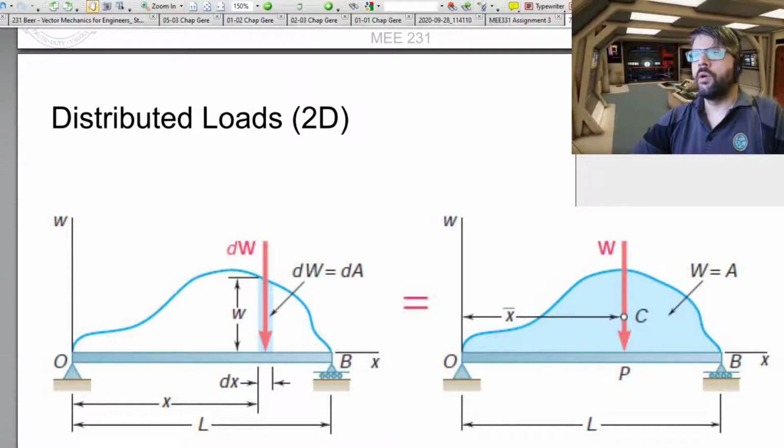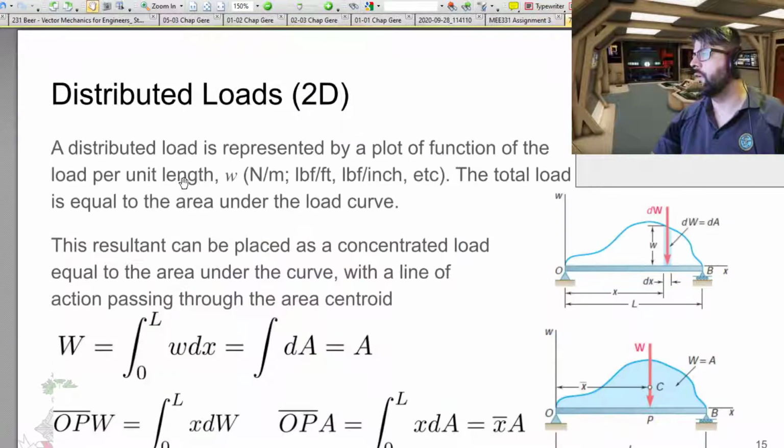Alright, so we've been talking about centroids. Why do we care about centroids? We care about centroids because we care about distributed loads. So distributed loads are some sort of loading that varies based upon its location. So say, for example, you think of